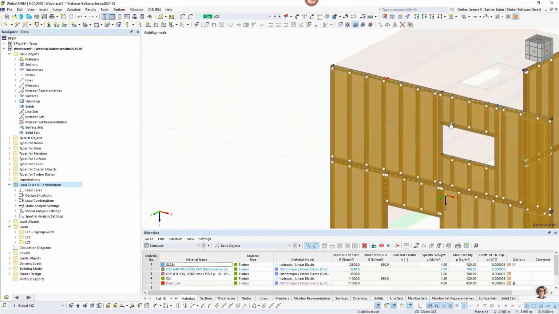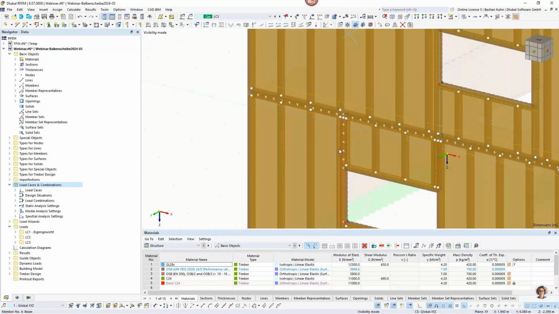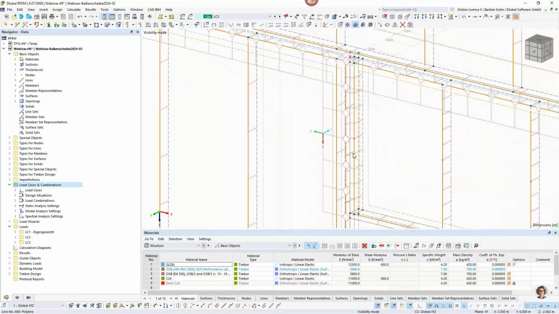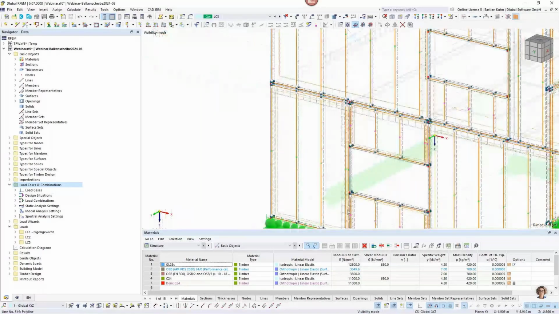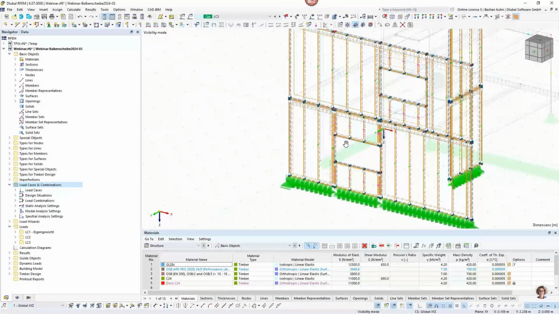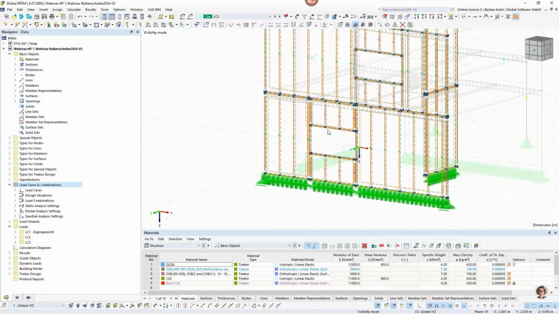That's for sure. Or what I did here in the bottom, and that's what I mentioned from the start, if you want, you can connect the beams, and then they have a slip in between. So the slip is what I showed you in the first example, between the OSB and the post, and between those two timber frame walls. So that's the way how it can be connected. It's maybe a little bit hard to explain, but maybe after the webinar, download the model and take a look at it,